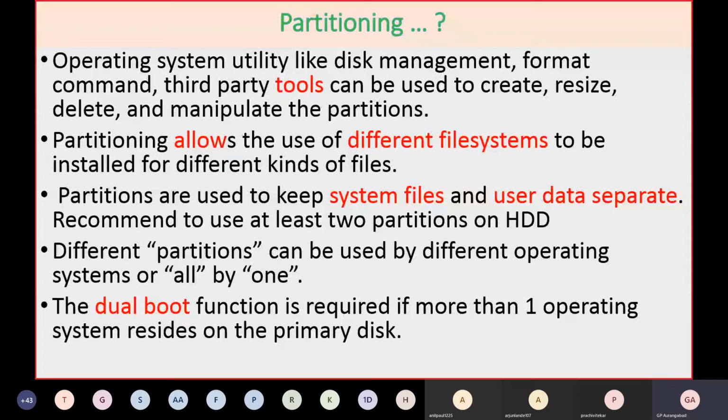Maybe 200 GB you keep for system files, where you'll have the operating system and related application software, like C++, Microsoft Office, Photoshop, some video editing software, or day-to-day programming software like Java and some editors. If you want to keep them, you can keep them on the C drive.